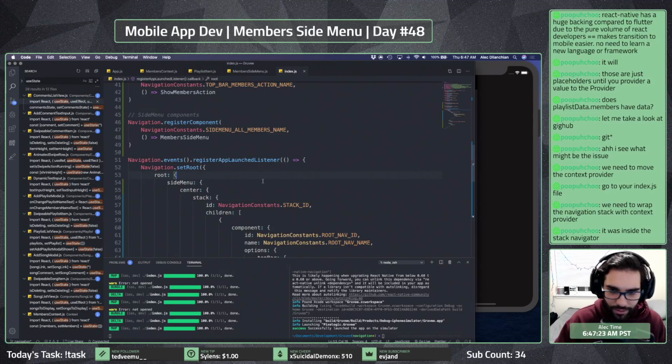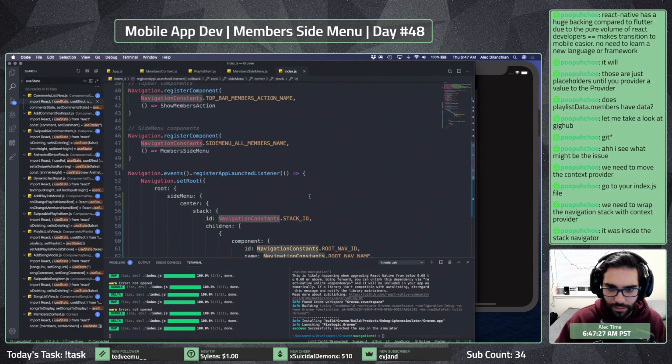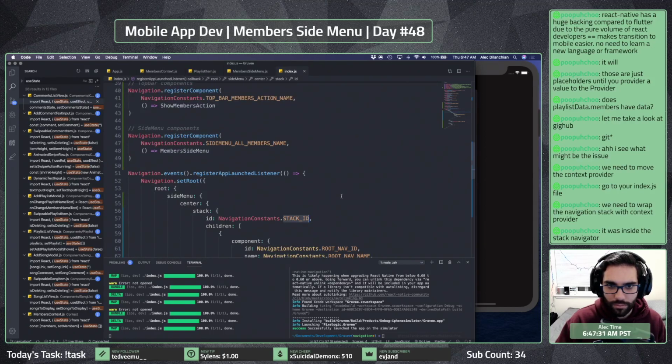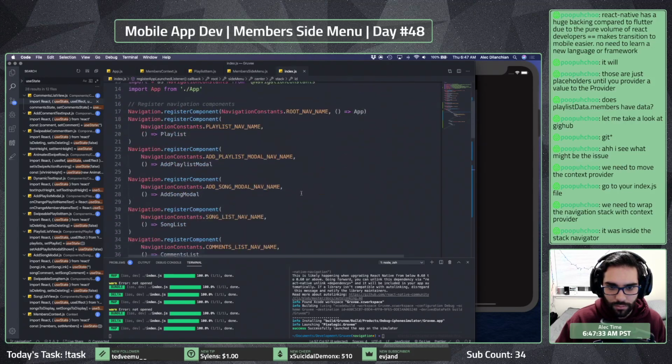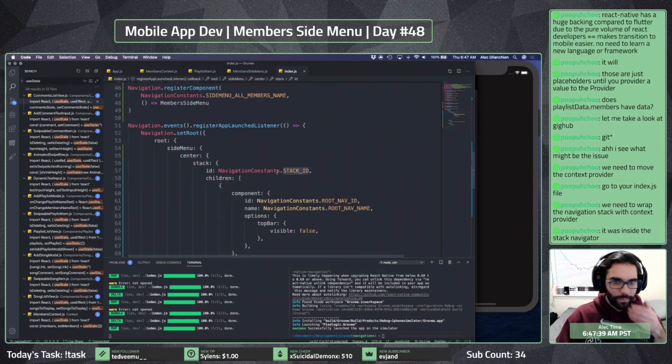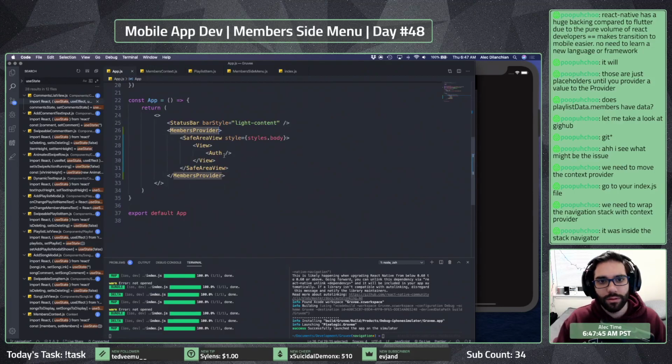So this thing. But how? Because App is the root.